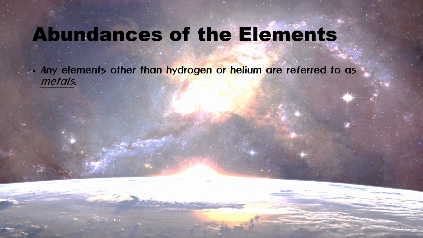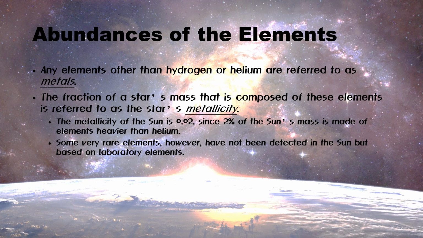Now, any elements other than hydrogen or helium are referred to as metals. Now, this is not metals as the definition we know, but rather anything that's simply not hydrogen or helium. So when we're talking about stars, anything not hydrogen or helium is a metal. Now, the fraction of a star's mass that is composed of these elements is referred to then as a star's metallicity. So the metallicity of the sun is 0.02, since about 2% of the sun's mass is made of elements